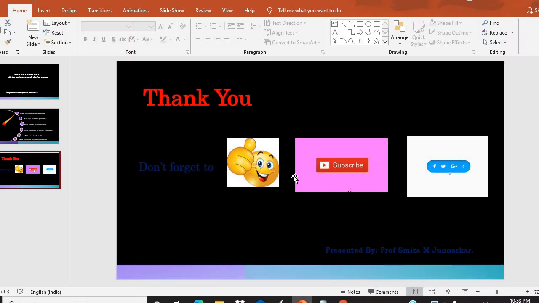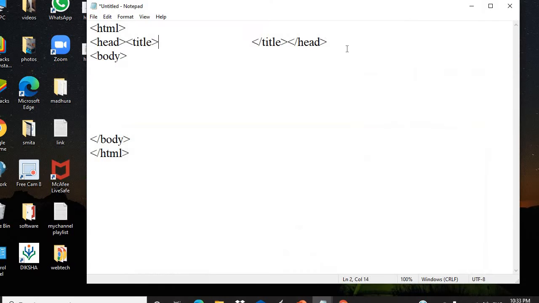For our practical, we require a notepad file with HTML structure. Already I have created the HTML structure over here. Now let's give the head and title, which will appear on the title bar of the browser.